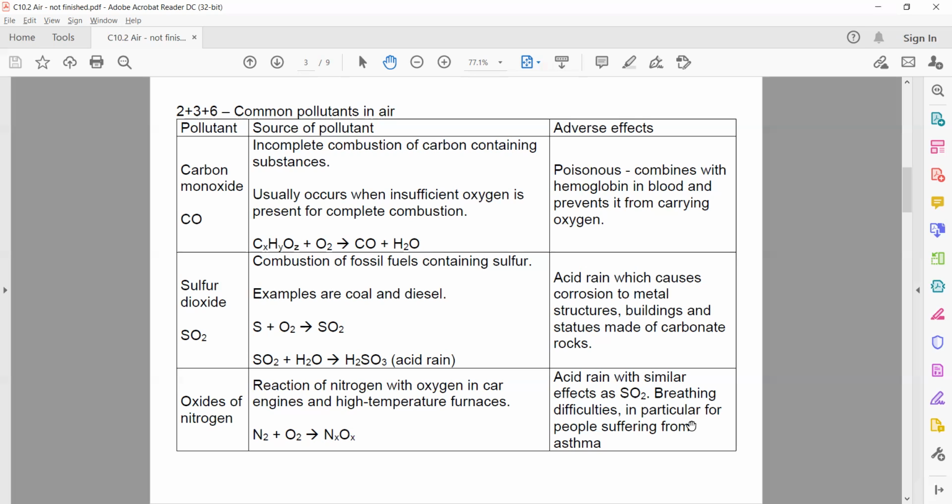Where else do you see a lot of high heat and temperature in the environment? Where can you think of a situation where there's a lot of high heat and temperature that could occur in nature? Volcanoes. Ah, there we go. Perfect. Volcanic eruptions. If you think about a volcanic eruption, it's super hot, so it's possible that it can cause the reaction of the nitrogen to occur.